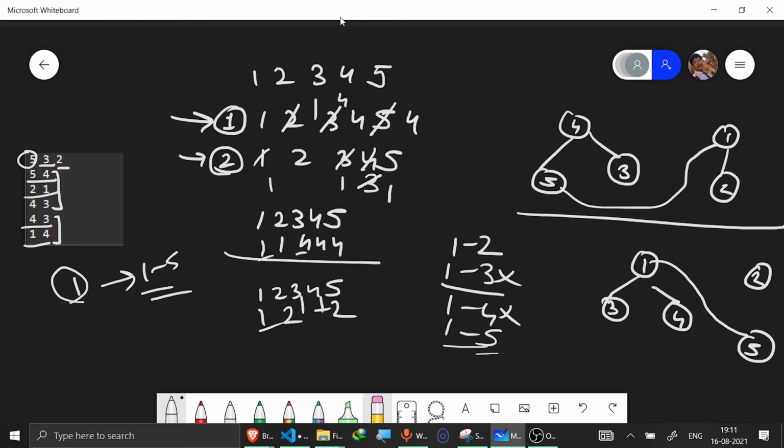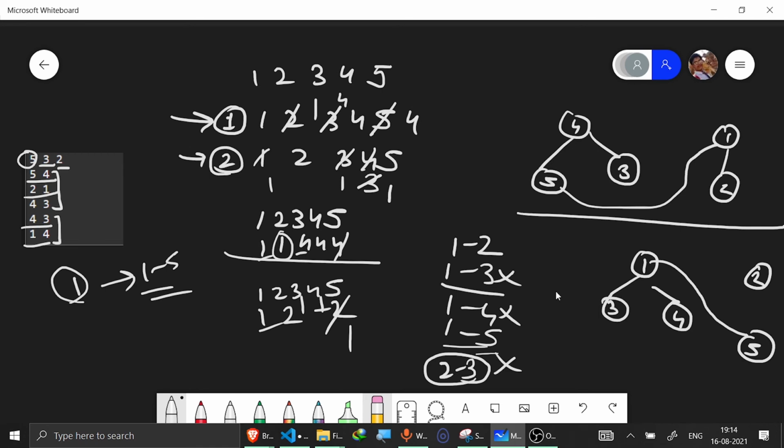And now as 1, 5 are now in the same component, I would make this as 1, this also as 1. So from here, the algorithm would be slightly different. I just didn't explain it from the starting because it would be a lot confusing by that. So now I take the edge 2, 3. Now I would find the parent of 2. In the first graph, it is 1. The parent of 3, you could see is that it would be ultimately 1. So parent of 2 is also 1, parent of 3 is also 1.